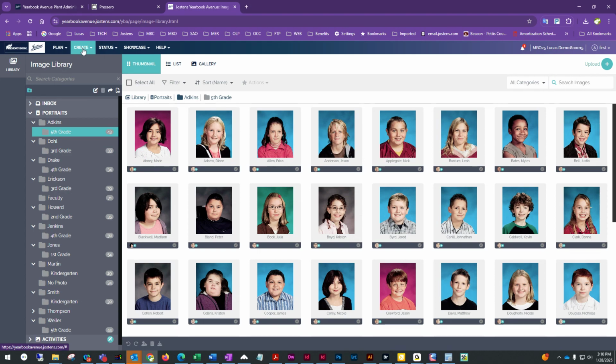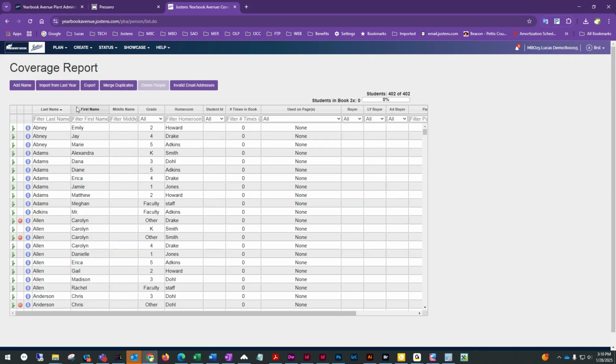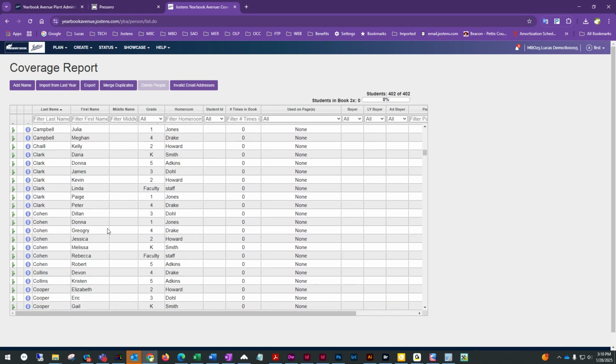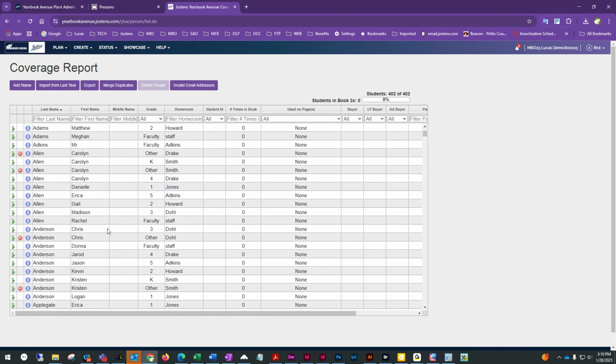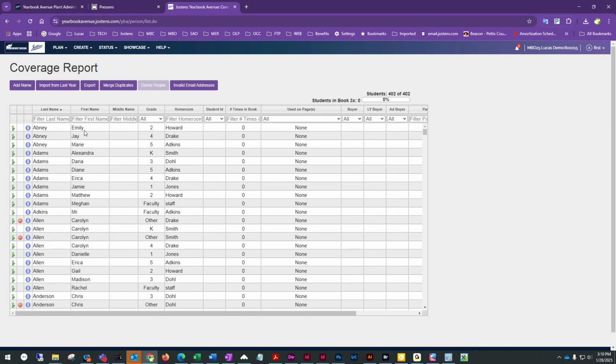If we go under the create menu, I'm going to go down to the coverage report here. Now the coverage report is just a listing of all the names, the tags that are here in the program. To help with, if you're either editing names or if you're wanting to search for duplicates,